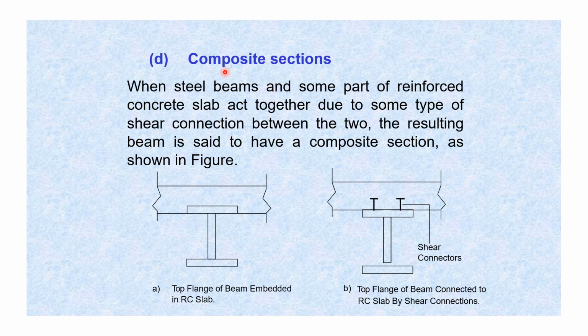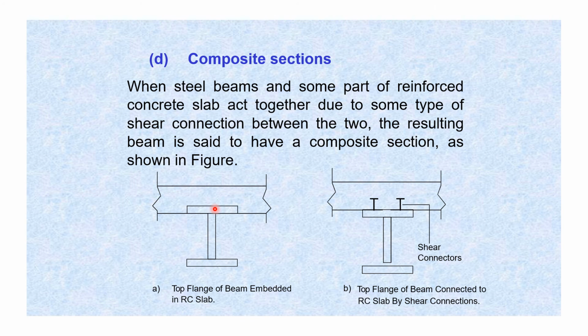The fourth type is composite beams, meaning two materials are combined in this beam. When steel beams and some part of the reinforced concrete slab act together due to some type of shear connection between the two, the resulting beam is said to have a composite section. Here, the flange is embedded in the concrete slab throughout. The beam is between the two columns